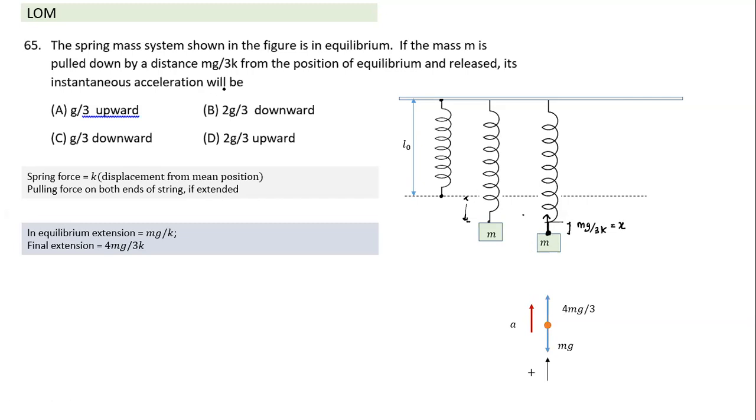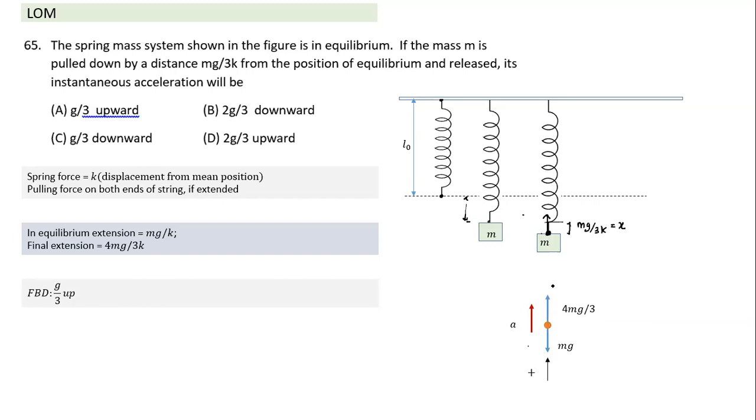So that's what you need to find. What is the instantaneous acceleration? We take this as a system and mark the forces. Gravitational force mg is acting, a field force, and the spring force is K times this extension from the mean position. We know this force is definitely greater than the other one, so it will have upward acceleration. We mark the direction of acceleration, taking the upward direction to be positive. Now it's fairly simple. Net force is mg by 3, and mass is m, hence it will have an upward acceleration of g by 3.